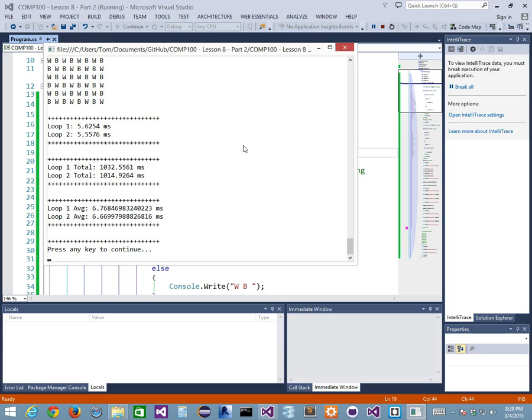I did 180 loops. You don't have to do 180. Tell me how many loops you can do. If you do 180, how long did it take you? How many milliseconds in total? Mine took roughly a second for 180 loops. What did you do for 180? It took me 280 to